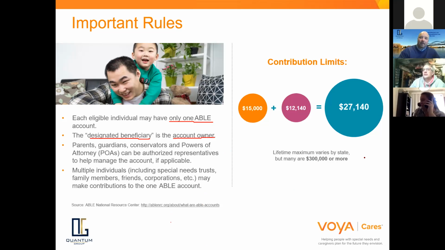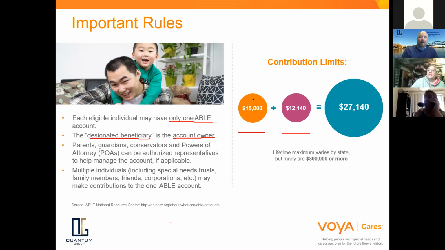Well, in a basic year, you're able to put in $15,000 into an account. That number will probably rise over the next few years with inflation. But right now, the maximum amount that can be put into an ABLE account is $15,000 by any group of people. One of the caveats to it, and new parts that came 2 years ago in 2017 with the Tax Cut and Jobs Act, is that if you work,